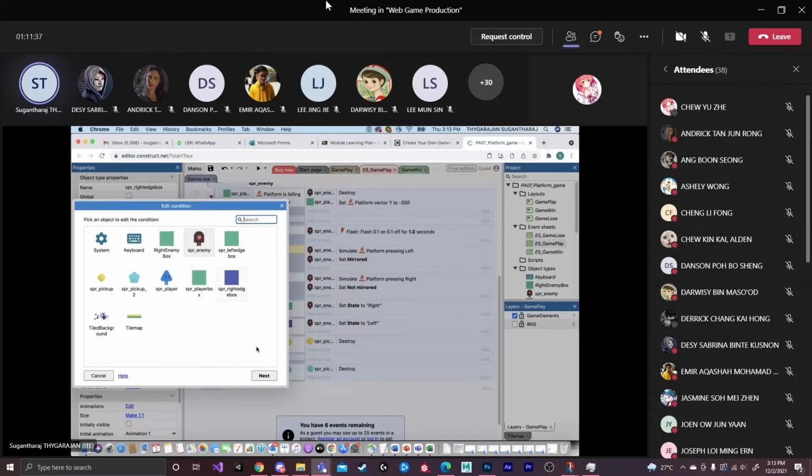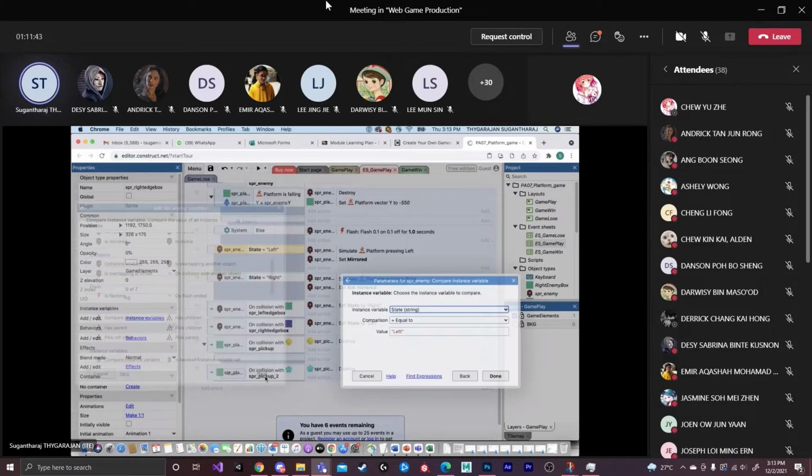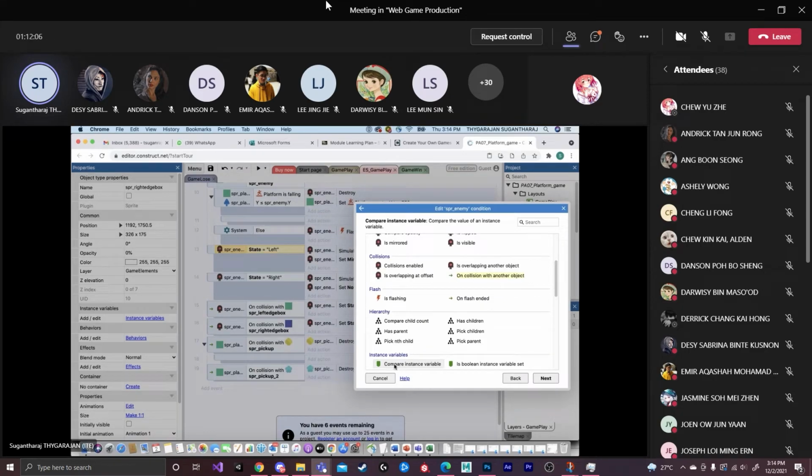Okay, you need to give it like this. Choose the SPR enemy. Then on collision with another object, this one you know already. Then next, you need to set the state. You need to choose compare instance variable.